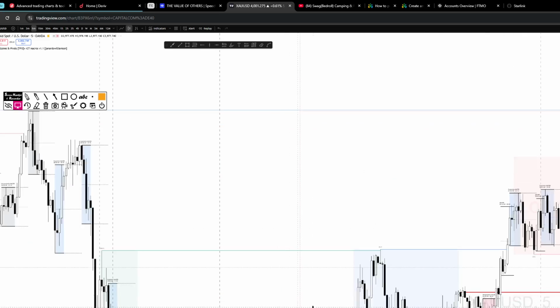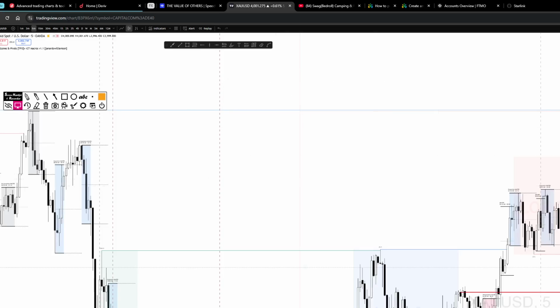So Asia gave us some buy opportunities because we started the day here, ran up, sold back down, and right before London session started, we got this buy opportunity here. London was a bit choppy, and then we sold all the way back down. New York kind of choppy as well, and then we had this nice spike back to the upside,